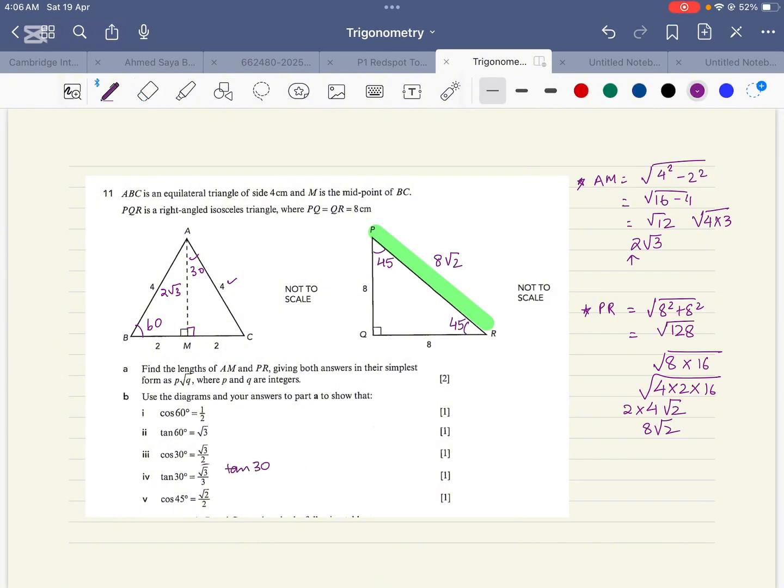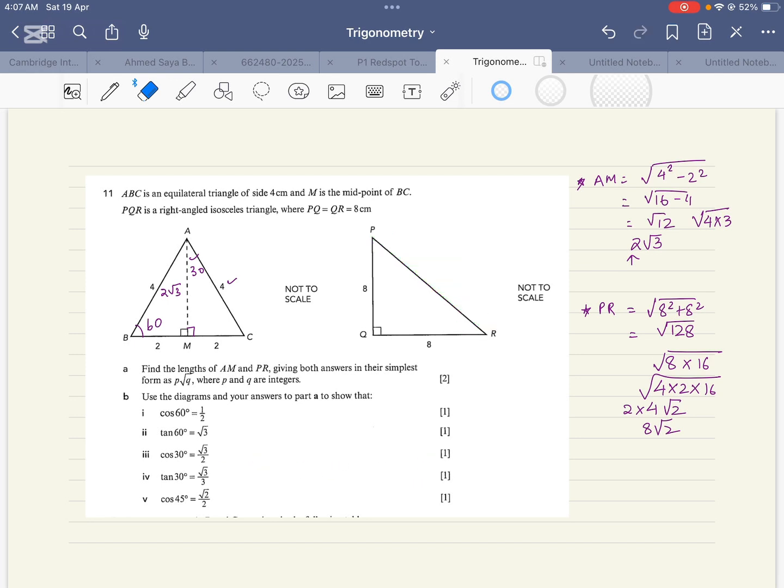Tan 30 is equal to 2 upon 2 root 3, which is equal to 1 upon root 3. You will rationalize the denominator, to remove the root sign from the denominator, by multiplying it with the denominator. So this gives me root 3 upon root 3 multiplied by root 3, which gives you 3. That is how you will prove it. Other than that, you will get this answer, but the answer that is required rationalizes the denominator, so we will do that.